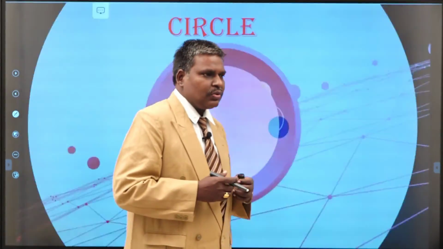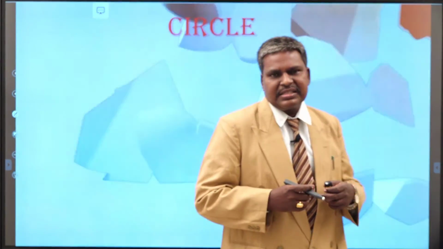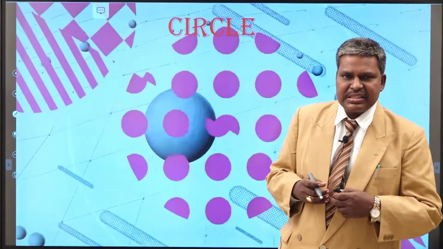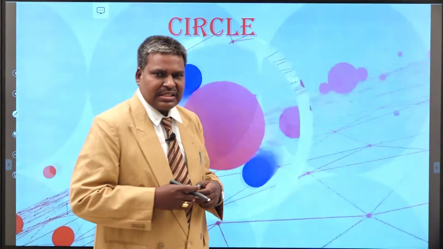Then we see the equation of a circle whose ends of diameter are given to you. From that we have to obtain that the angle in a semicircle is 90 degrees, a very important concept, and we see some of the problems related to the above concepts. Okay.